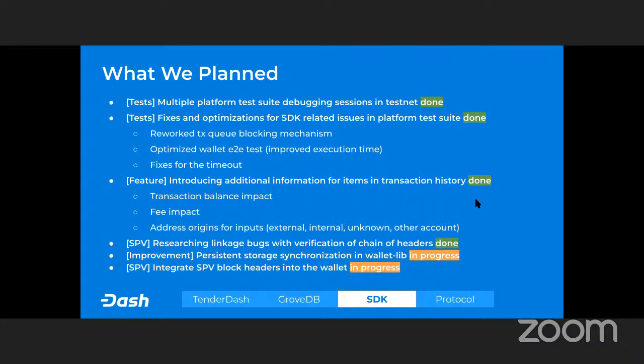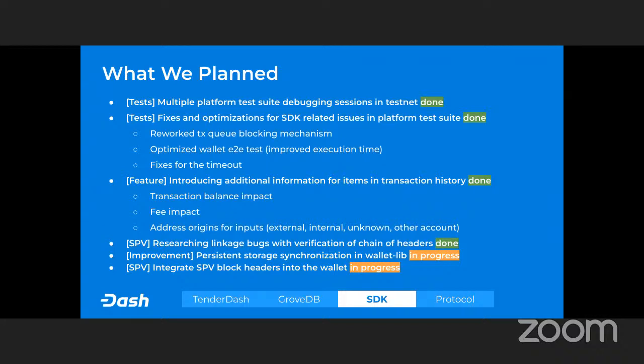And some fixes for chain timeouts. Basically, it also revealed that on a bigger scale, where there is a bigger network, it needs more time to reach a consensus, right? So we needed to optimize this setting for testnet.